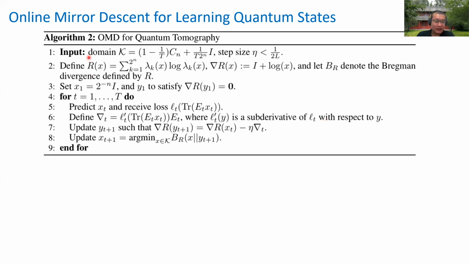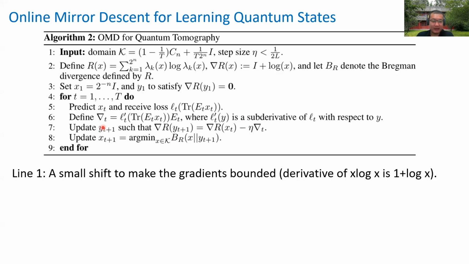You can see that we have inputs, and by von Neumann entropy, the R of X is what we choose here. We initialize the setting to be just the identity matrix, and we have a for loop, which is where we are actually doing the regularized follow the leader. Let me also give you some annotations here, and delve into a little bit more detail.